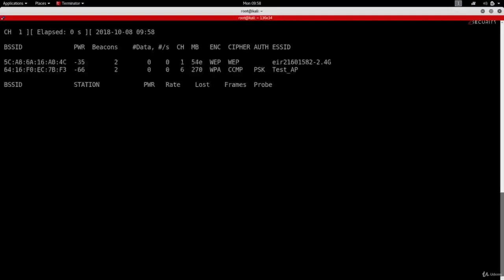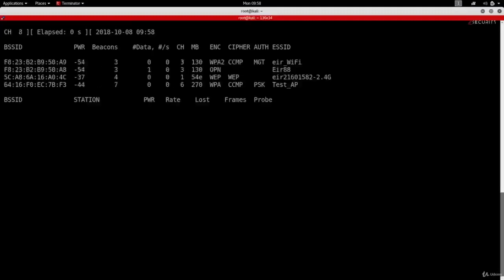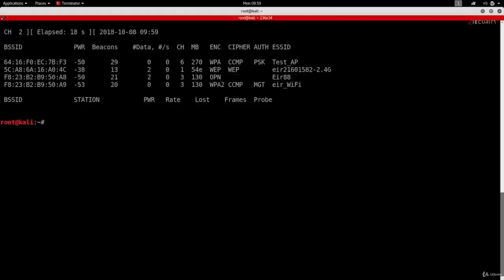If I hit enter, you'll see it'll start working, discovering all the wireless networks around me and displaying useful information about them. This program will continue working unless you quit it, and to quit this program, you have to press Ctrl-C from your keyboard. You can actually use Ctrl-C to quit any running program in your terminal. Now that we stopped the program, let's analyze the output so we understand what it's showing us.